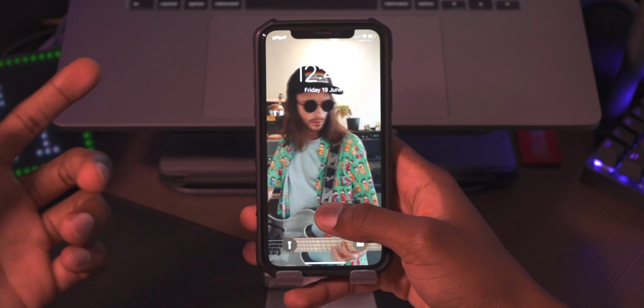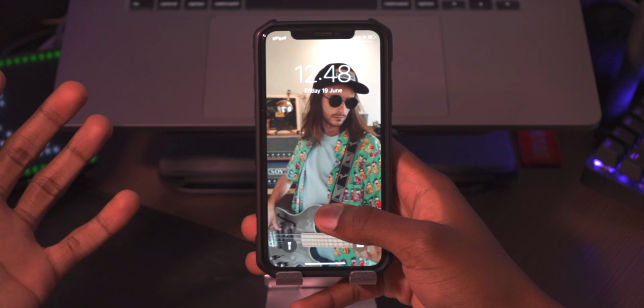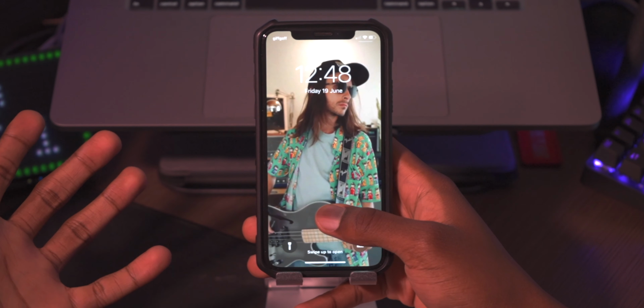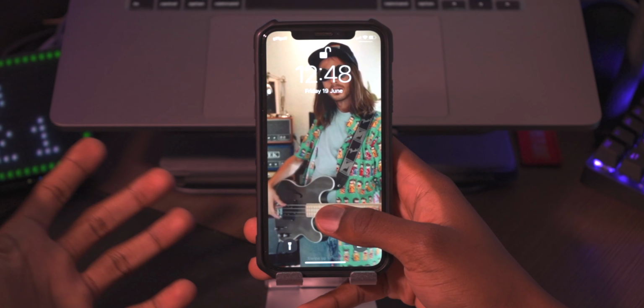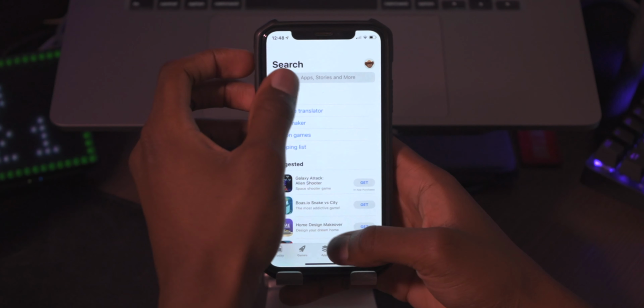So I heard you were looking to convert videos to live wallpapers on your iOS device. Well, this is a video for you. You could say that I read your mind, or I guess you just checked YouTube or something. We'll never know. So what you want to do is head over to the App Store and go search for